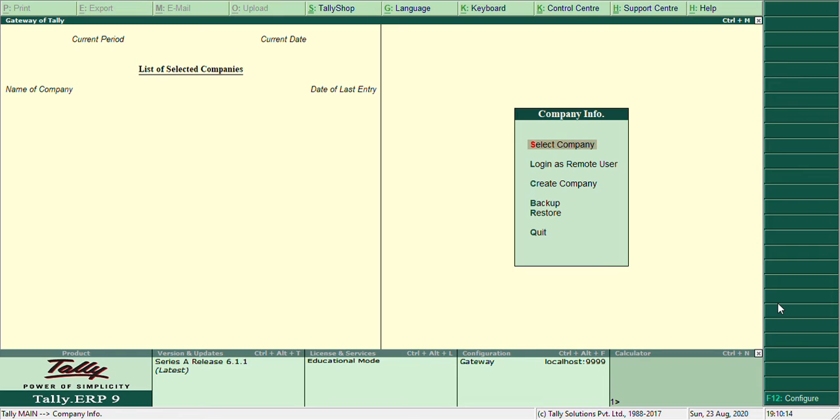By default, there is no cost center available. So you have to create all the cost centers under primary. Quite like in groups and ledgers, where you classify the accounts, we can classify our cost centers too.